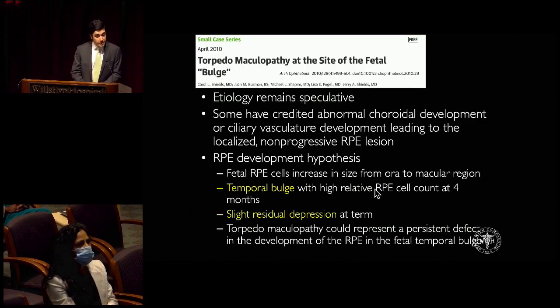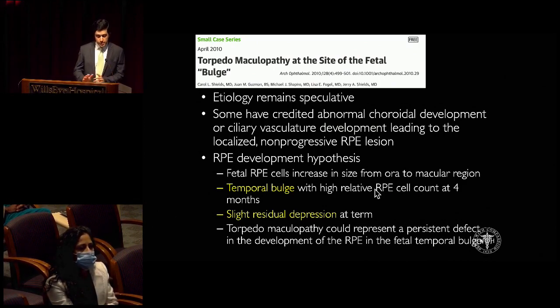Though there are some speculations in this regard. There are some hypotheses suggesting that choroidal development anomalies or ciliary vasculature anomalies may lead to this localized non-progressive RPE lesion. Dr. Shields and colleagues in 2010 discussed this RPE development hypothesis, where it's known that fetal RPE cells increase in